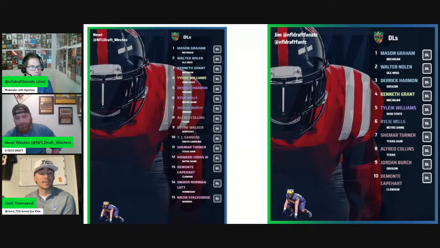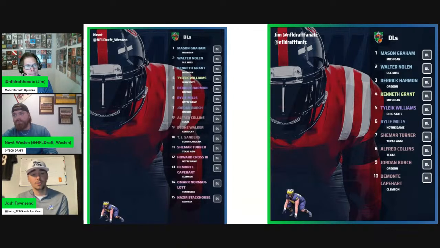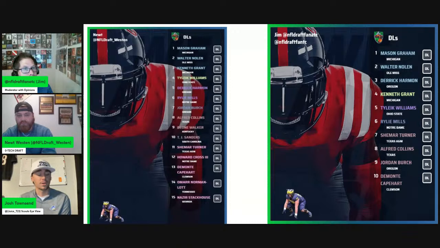And while Tyleik Willams absolutely is the better first and second down guy right now, and even though Derrick Harmon has taken leaps and bounds as a pass rushing force, they're not that far away from one another, even though Tyleik hasn't had the production this year. But if we're taking into account the projectability of what Derrick Harmon can bring you a couple years into his NFL contract, we're talking about a world where Derrick Harmon's way more well-rounded than Tyleik Willams is, both being good in their own regard. So it's playing the game of projection versus productivity. What are they giving you day one versus year three?